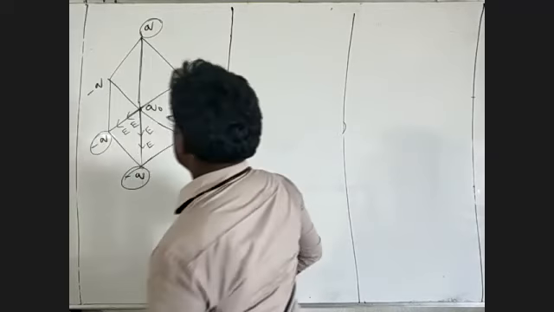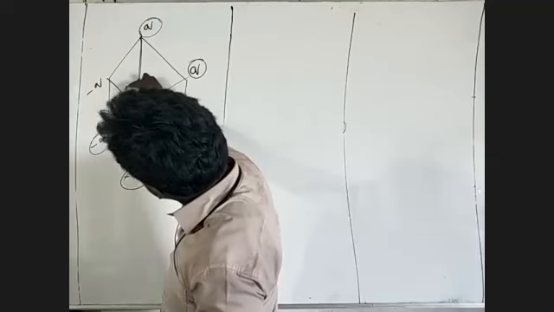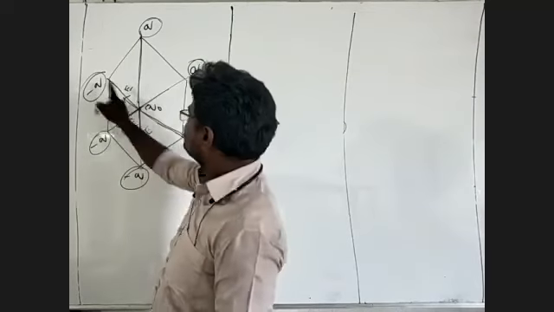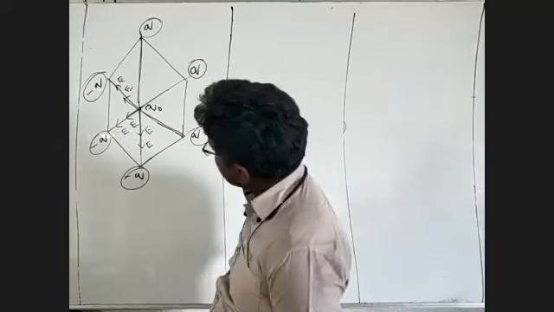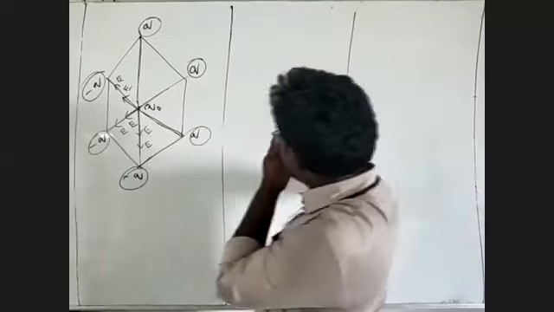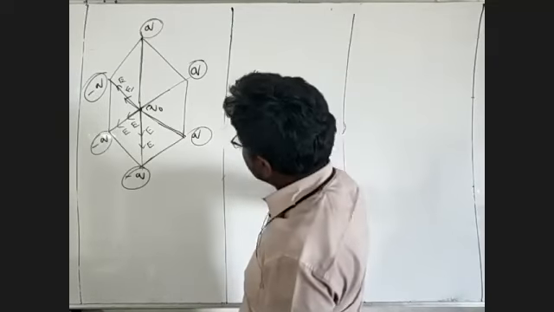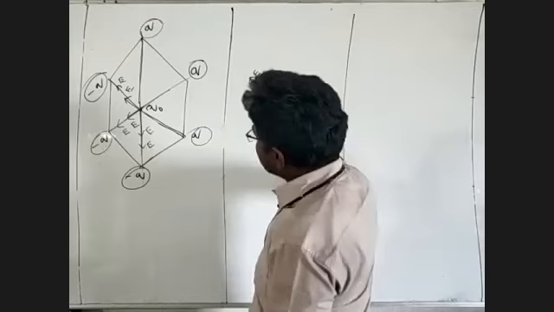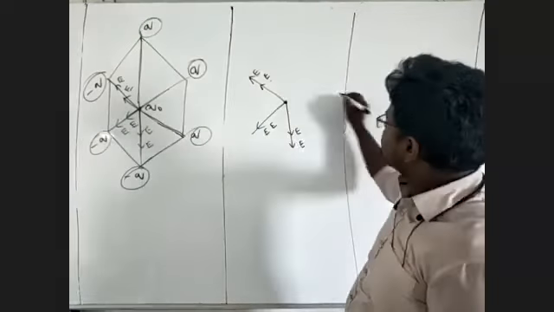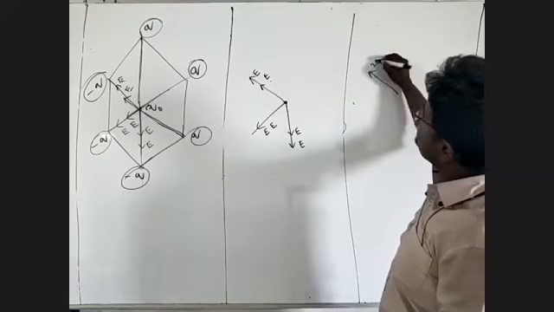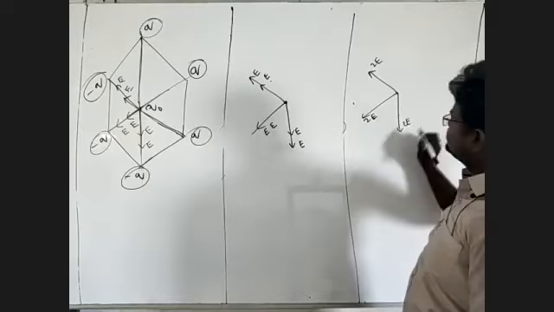This is a positive charge. This will repel the charge in this direction, that is E. This is a negative charge, which will attract the charge in the upward direction, that is E. Now you will see this is E, E and this is E, E. You will see that. So finally, what will happen? This is 2E. This is 2E.